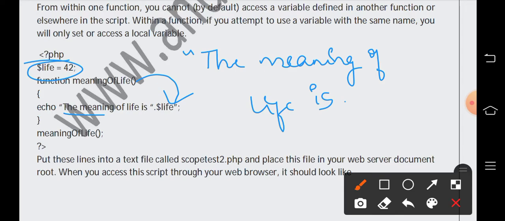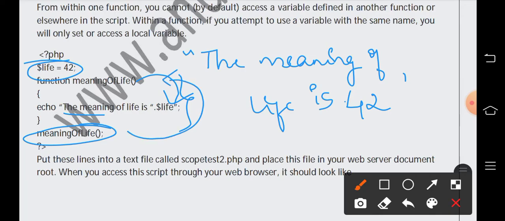The meaning of life is 42. Here there is no place in a single line, so I am writing it on 2 lines. The output should be in this way, and this function will be executed only if it is called. Here we are calling meaning of life. Once we call this function, immediately it will execute and the output will be like this.